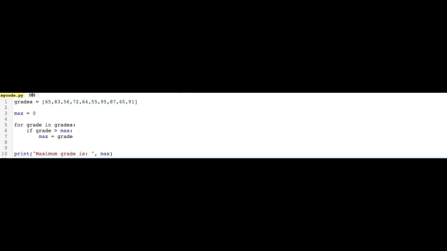Now in this program we have a list of grades, and this time we want to print out the maximum grade. Now we need a max variable, and what we do is we assign the lowest value that a grade can be to this max variable. We know that grades can go from 0 to 100 in this case, so we set the max to be